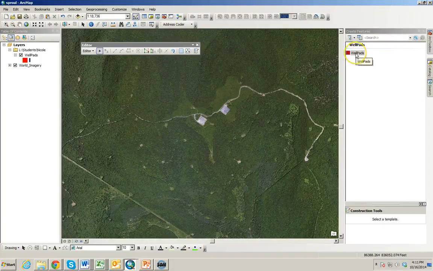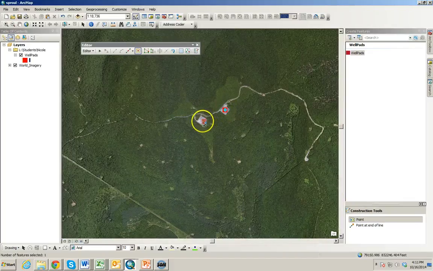Now we see that the well pads are over here under our Create Features, and notice when I click on well pads that you're going to get a number of construction tools down here. So when I click on it, notice that I get what construction tools are available for digitizing points. So I'm simply going to just take the point option and then click in the middle of the well pad and add those to